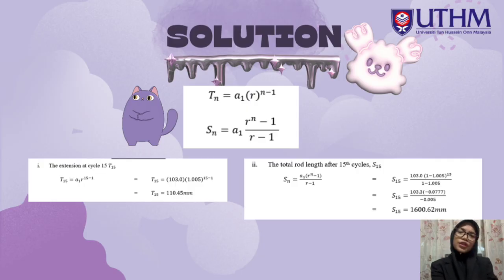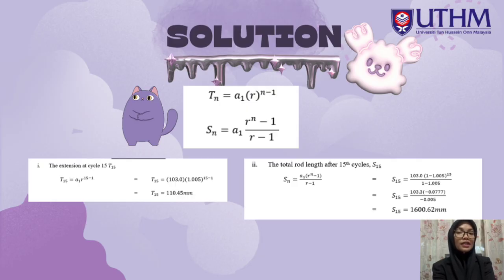So, let's continue with the geometric sequence model. It is then considered where the expansion of the piston rod increases proportionally with each cycle. This model reflects the effect of accumulated heat and increasing material fatigue. The piston rod length at the end cycle is given by Tn equal to A1 multiplied by R to the